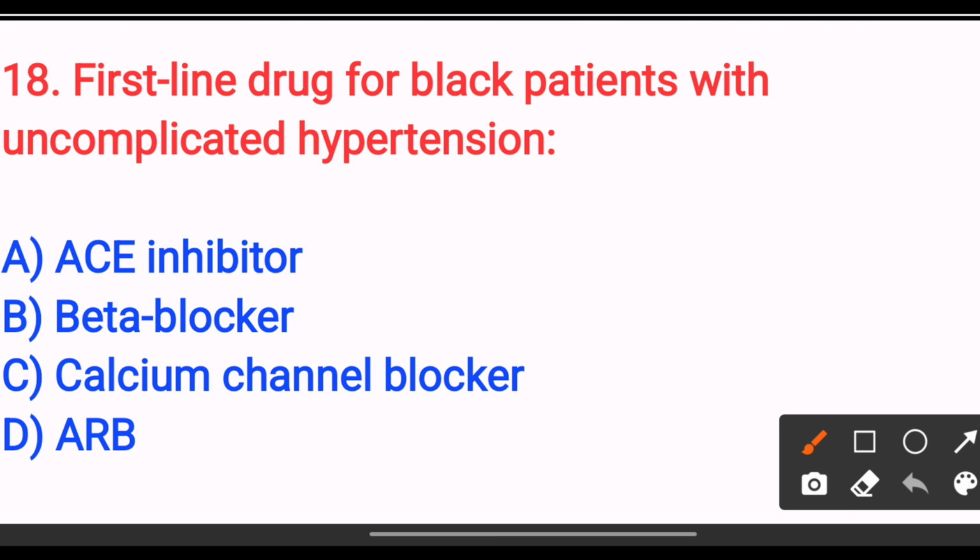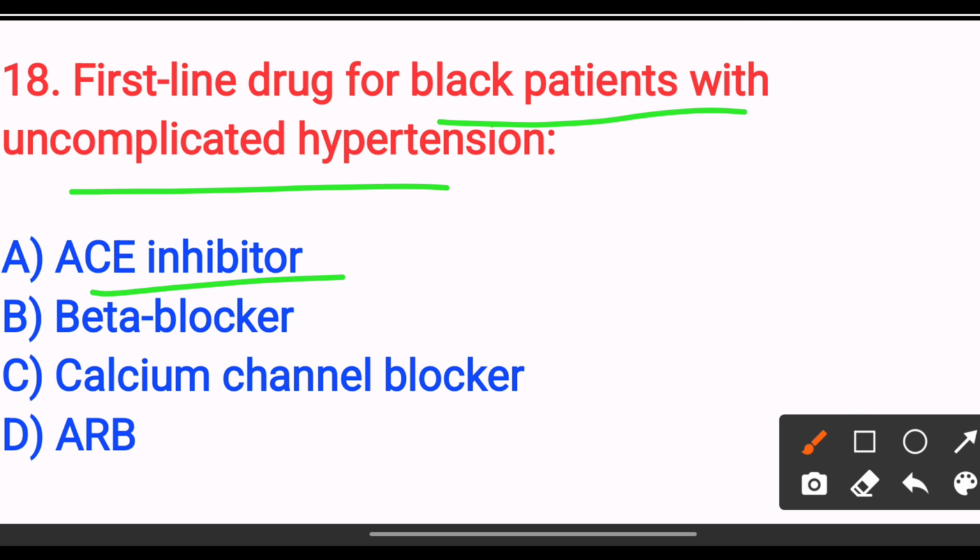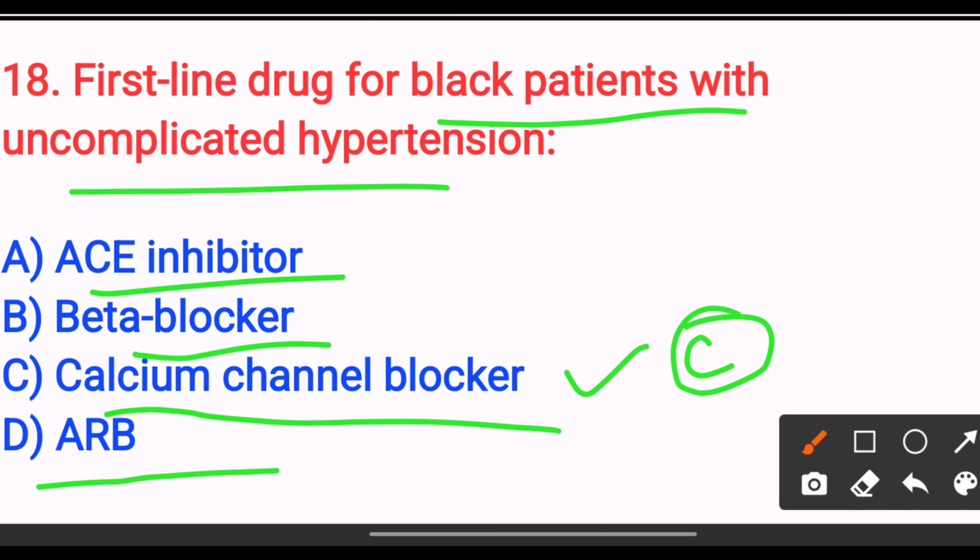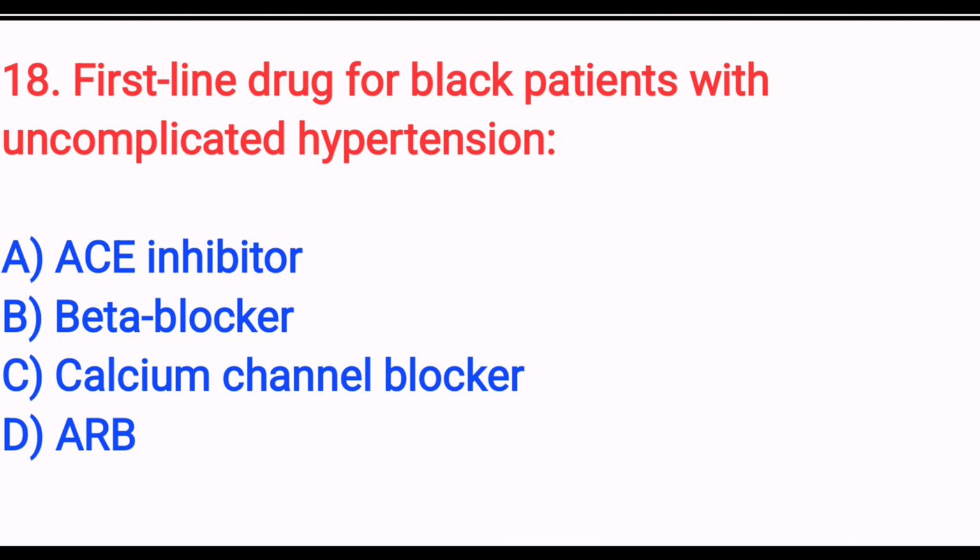First line drug for black patient with uncomplicated hypertension. Option A, ACE inhibitors. Option B, beta blockers. Option C, calcium channel blocker. Option D, ARB. The answer is option C, calcium channel blocker, because calcium channel blockers and thiazides are preferred in black patients due to better efficacy. So the answer is option C. Next,